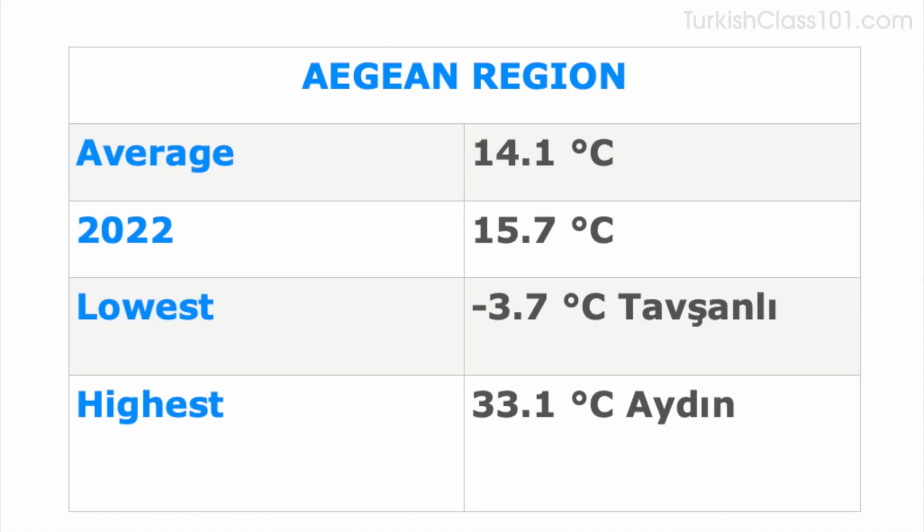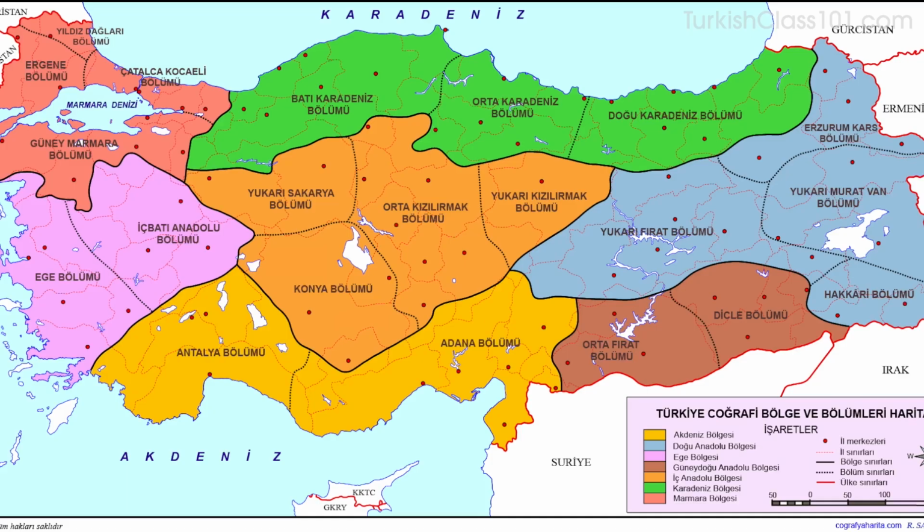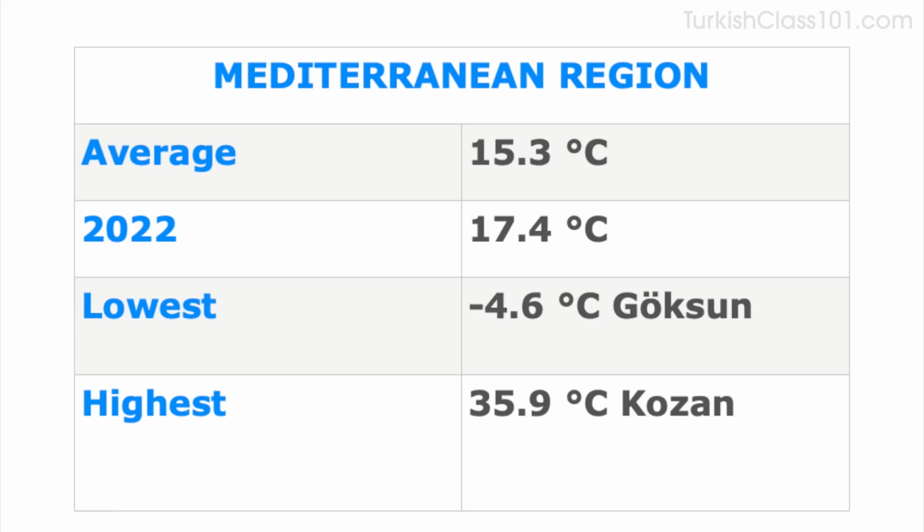Aegean region. The long-term average is 14.1. It was 15.7 in 2022. The lowest is minus 3.7 in Tavşanlı, and the highest was 33.1 in Aydın. Mediterranean region, 15.3 the average. It was 17.4 in 2022. The lowest is minus 4.6 in Göksun, and the highest is